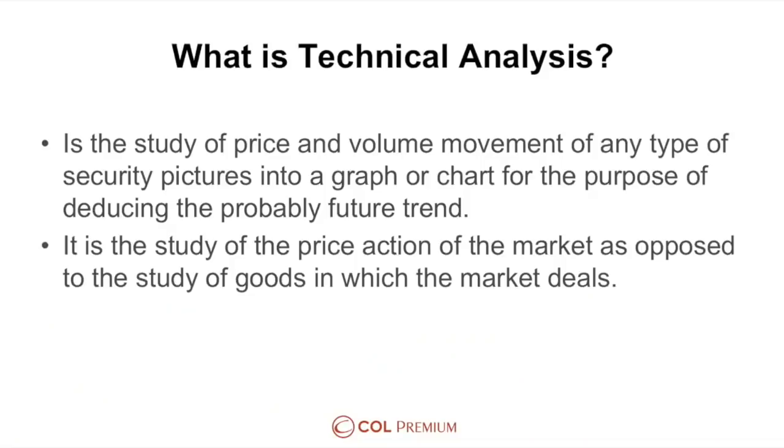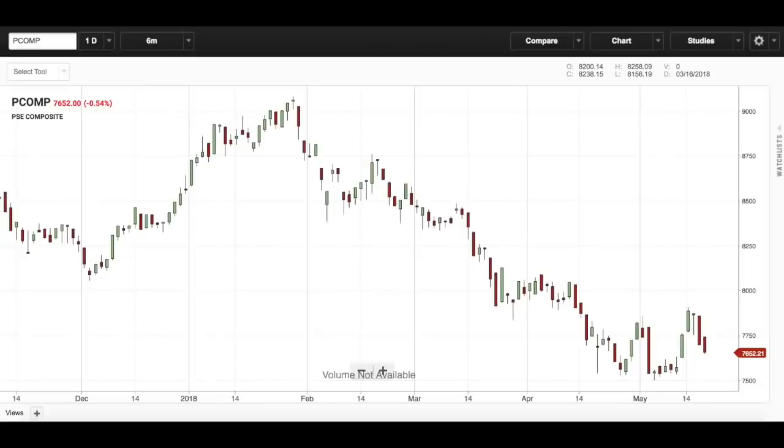So let me ask you, if the majority of the market is buying a stock, what happens to price? Does it go up or does it go down? Goes up, right? If the majority of the people are selling a stock, if the intensity of selling is greater, what happens to the stock? It's going down. So essentially what technical analysis does is that it looks at the collective net of where prices are going, pictured into a graph or a chart. So if you'll see, that's what's happening to our market today.